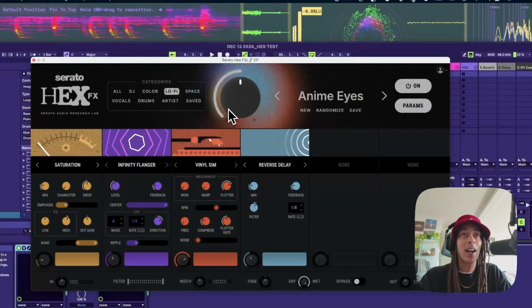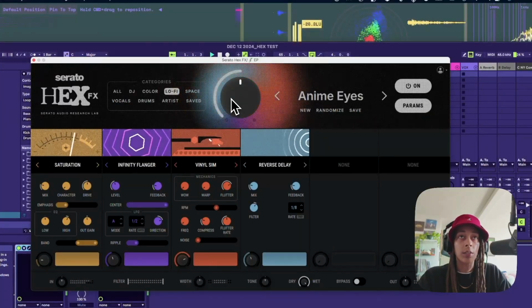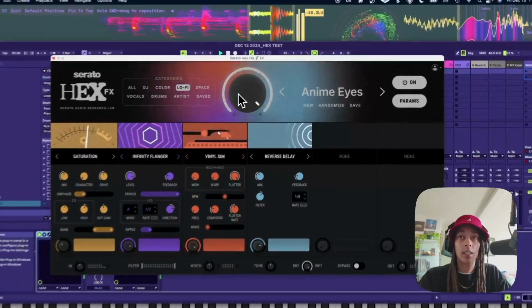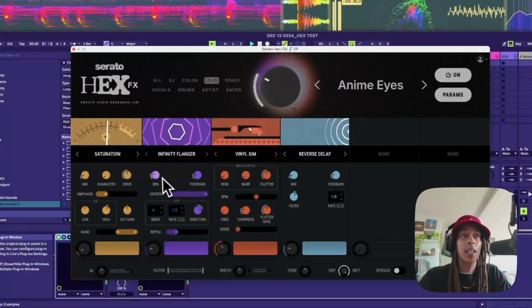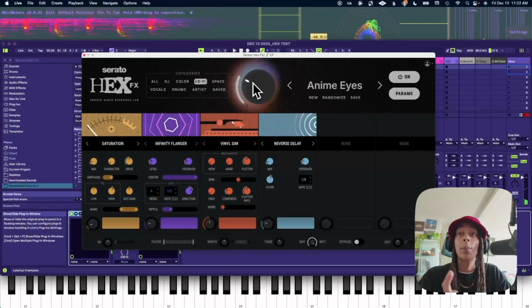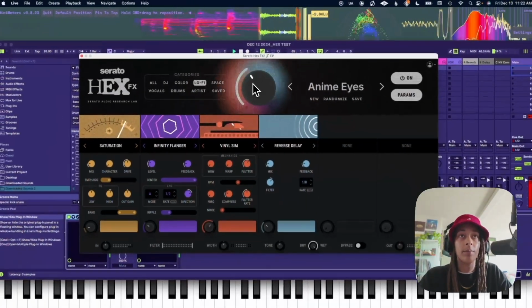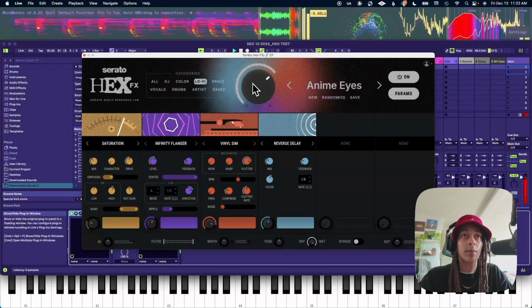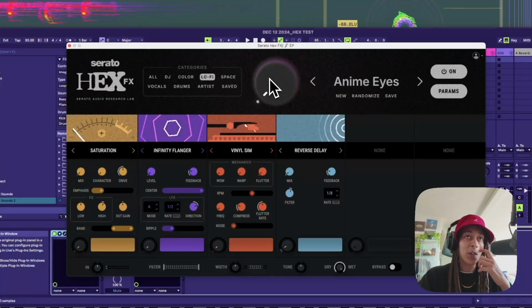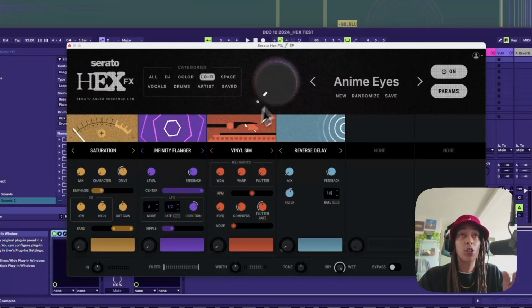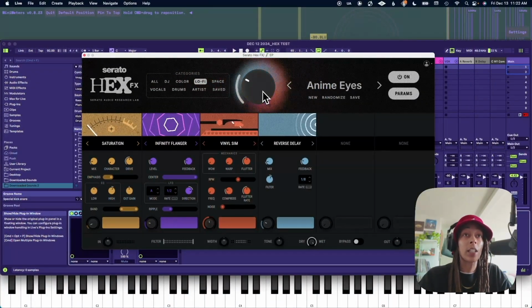So this is the hex dial. This affects the intensity of the effects that are on your chain. As you can see, when I'm moving this knob, it adjusts or moves some of the knobs that are in the effect. So it's like an intensifier. But if you want to link any of these parameters to this knob, you can see some of them are moving, some are not. Let's say you want to link it or unlink, you just